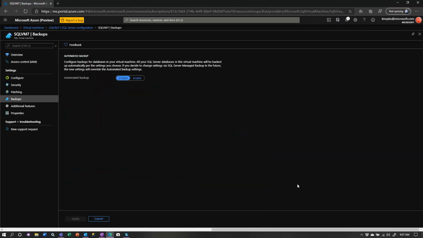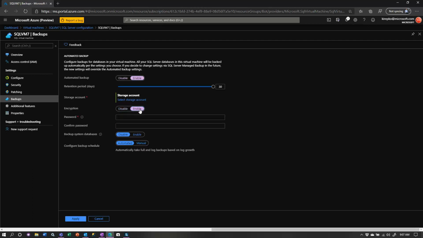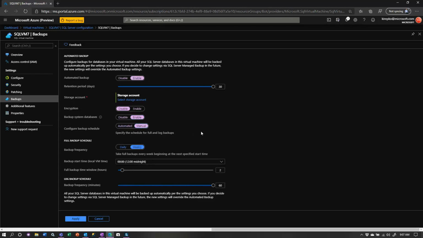So let's click on the automated backups, and all you have to do is say Enable. You can pick your retention period. You can turn encryption on or off. You can choose to back up the system databases and just let Azure take care of the schedule, or click the manual option. And now you can pick daily or weekly. You can pick your log backup schedule, how often that's done. This is 60 minutes right now. You can bring that down to 5 minutes. So really just a few mouse buttons away from setting up your backups in SQL Server, so that's a nice